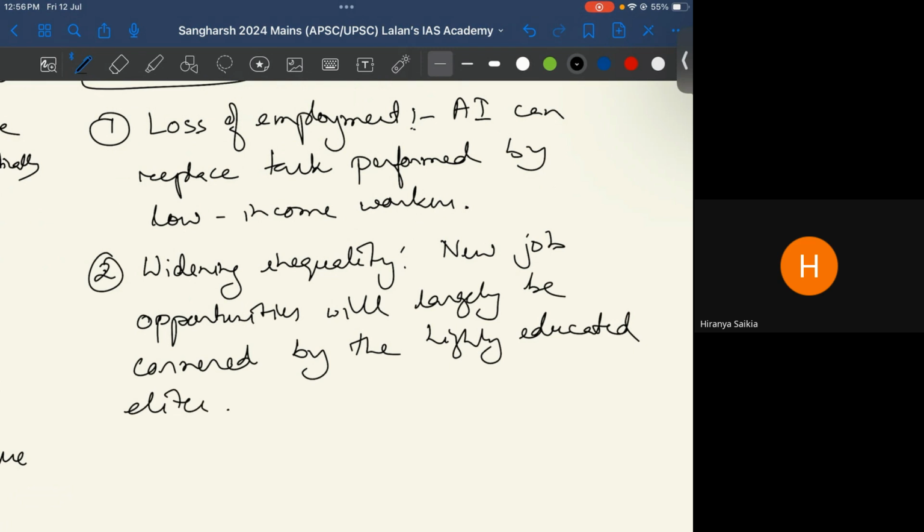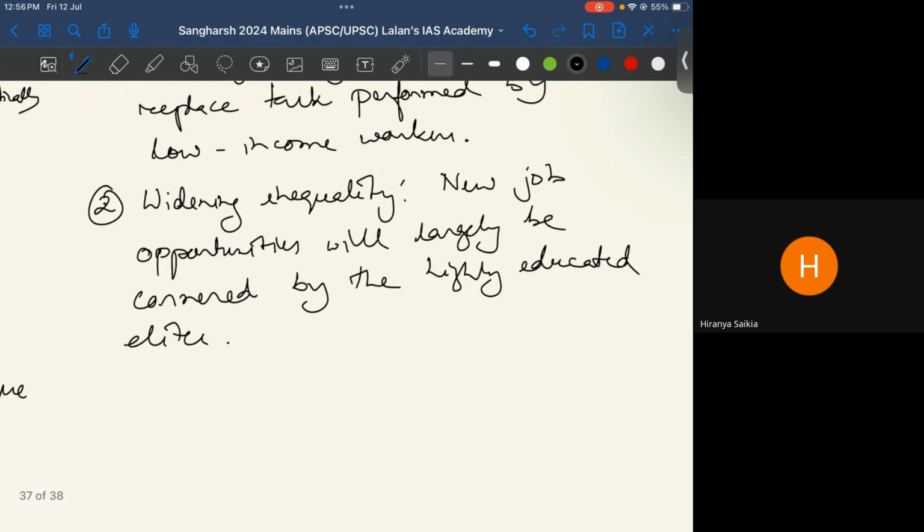So there will be few super paid jobs. তাৰপিছত